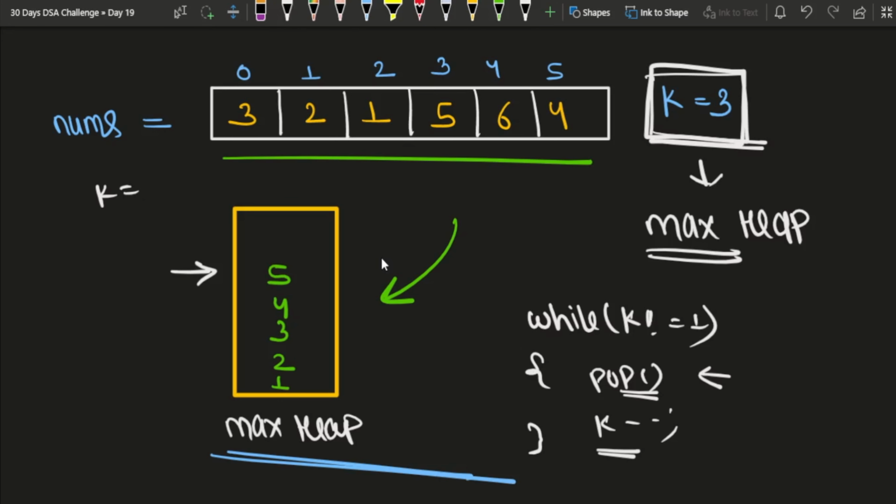And now the value of k will be decremented. So now the value of k is equal to 2, and this 5 is my topmost element, correct? Again I will check, is the value of k equal to 1 or not? Right now the value of k is equal to 2. So I'll again come back into my while loop,